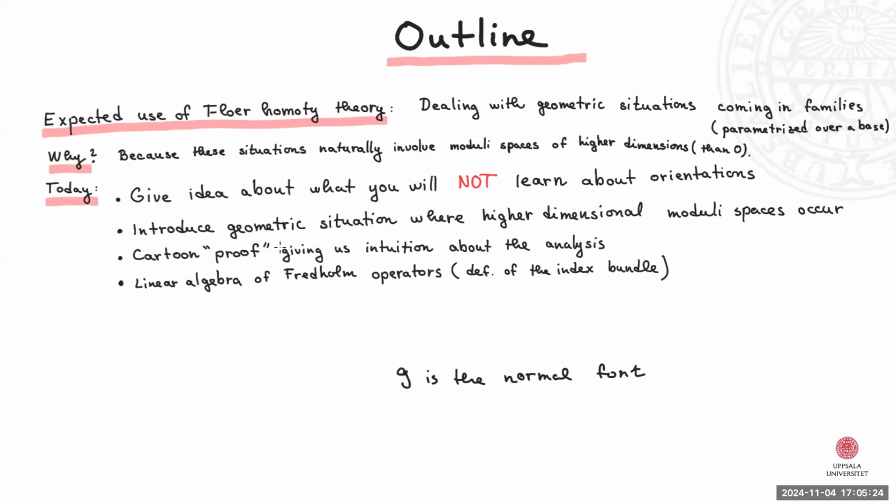So that's why. So what is the plan of today? This is an incomplete plan because the slides are not yet done, but more than half of the talk is going to go as follows. First I will give you an idea about what I will not cover and what you will not learn from this talk, because at the end we will hear about these flow categories and this huge, beautiful new technology which is going to appear. And to be able to orient flow categories, we will need some notion of coherency. And I'm not going to talk about that today. So that is going to be the first part.